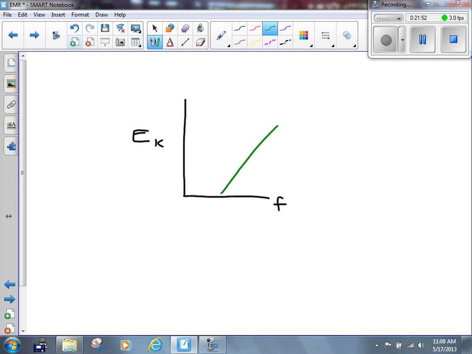There are three things that we're going to be able to discover from this graph now. The first one, the easiest one, is probably the most useful one. That's the threshold frequency. The threshold frequency is the frequency that's required for electrons to be ejected. In other words, it's the frequency that's required to give the electrons kinetic energy. Can anybody tell me from this graph how we're going to find the threshold frequency? The frequency required to get electrons moving. Good. It's the x-intercept.